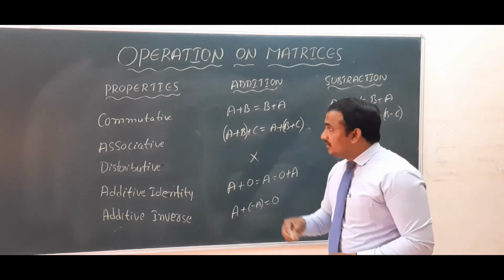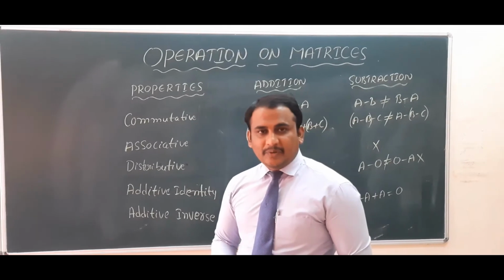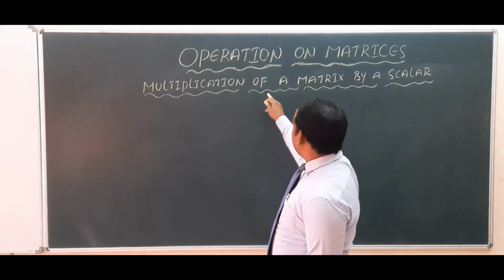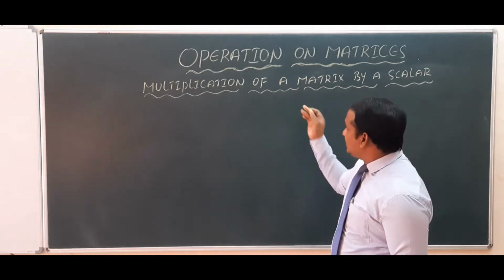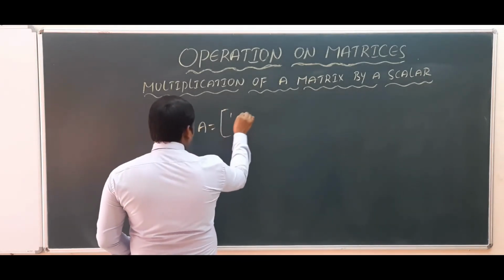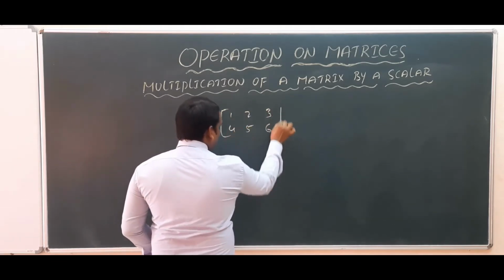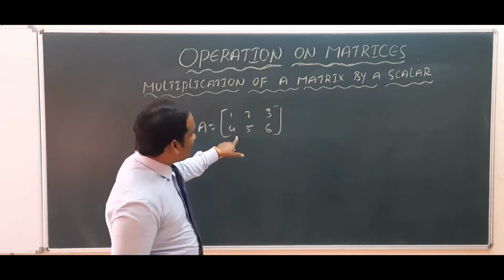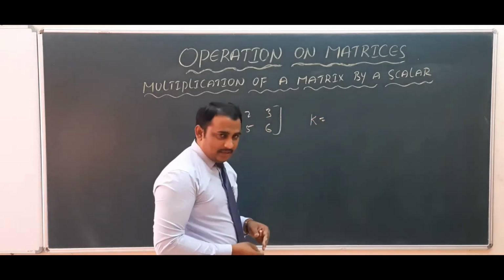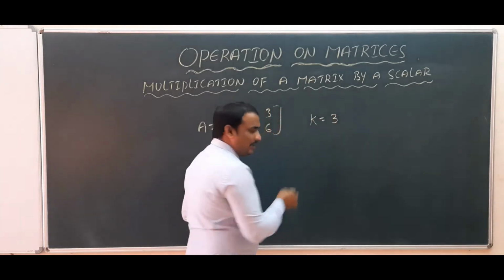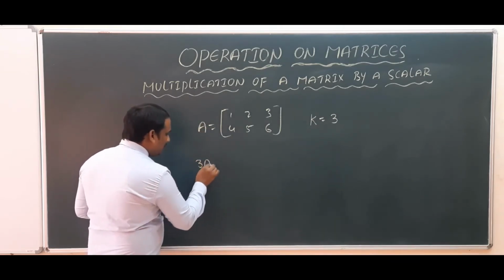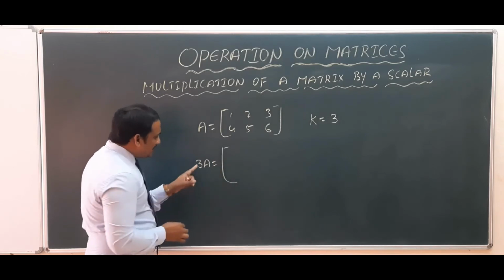Next, we will see the next property, multiplication of a matrix by a scalar. Okay, third operation, multiplication of a matrix by a scalar. It is there in the given statement itself, multiplication of a matrix. Take a matrix A equal to 1 2 3 4 5 6. Here I am taking the multiplication of a matrix by a scalar. Scalar means you can take any one real number. Suppose k is one scalar, and I am taking 3. Now you have to find the multiplication, 3 into A, so 3A equals 3 into A.